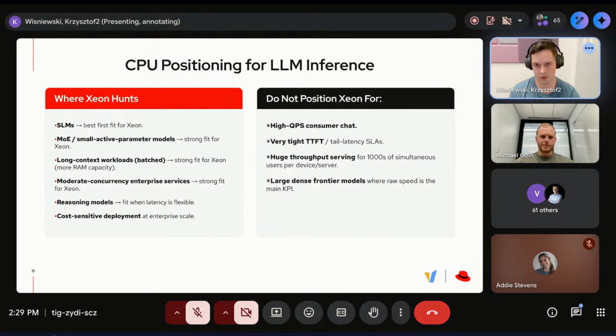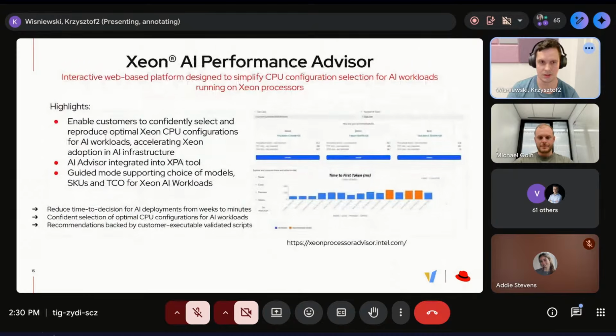We do not position Xeon for high query per second consumer chats or where we need very tight time to first token SLAs or when we want to scale for many thousands of users. So in the short term, it is best to run MOE models, small models, and that's all.